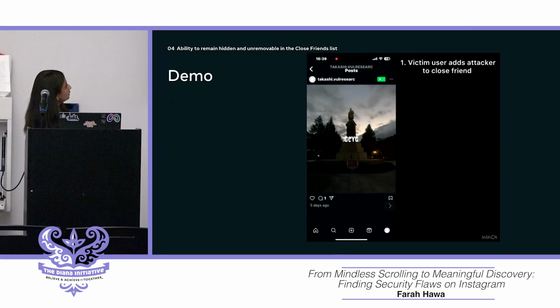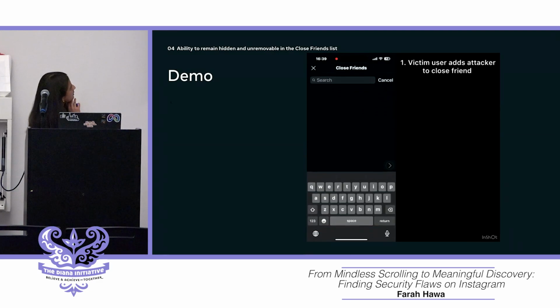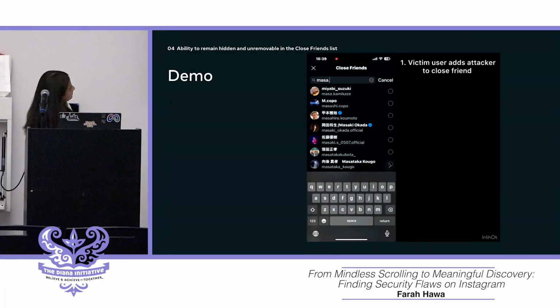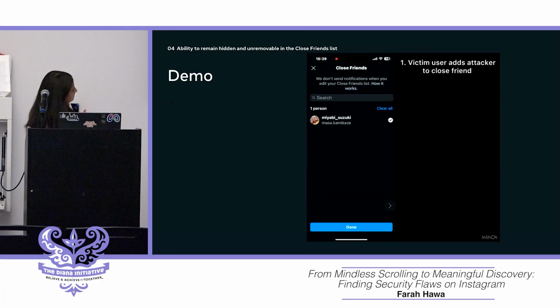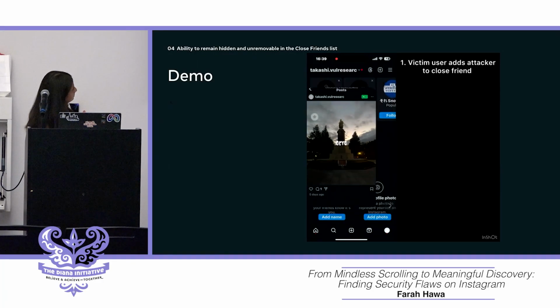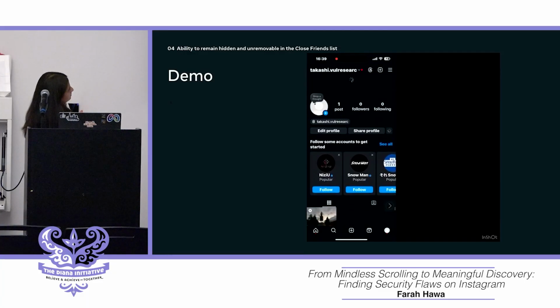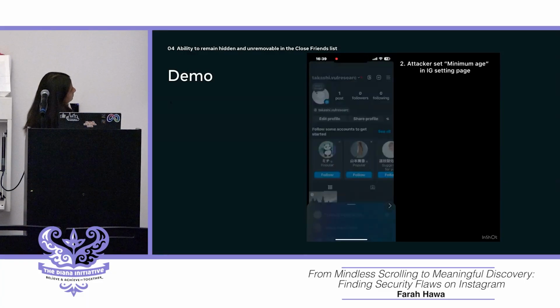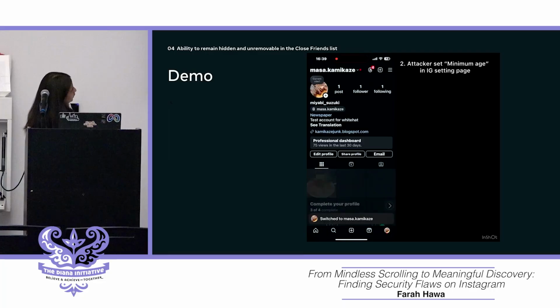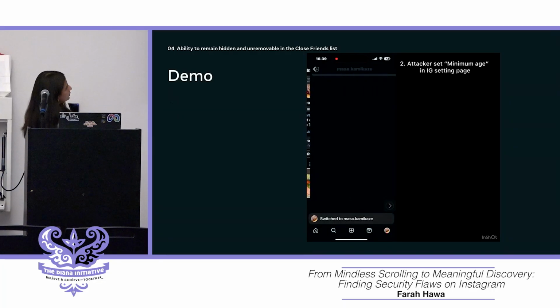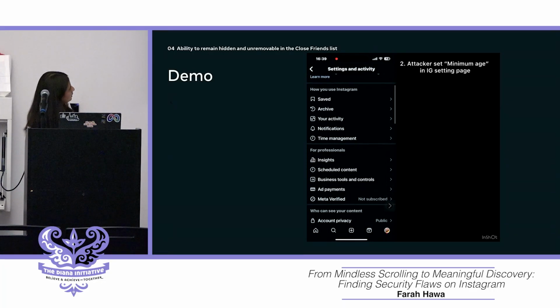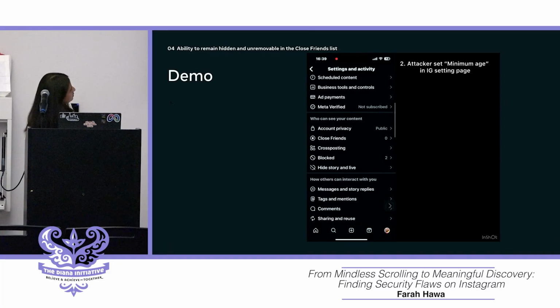So first you have to add the person to your close friends list. You switch into the person who's been added to the close friends. You go to business tools and controls.